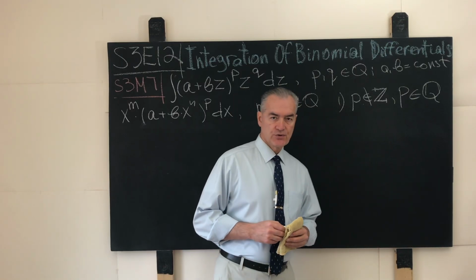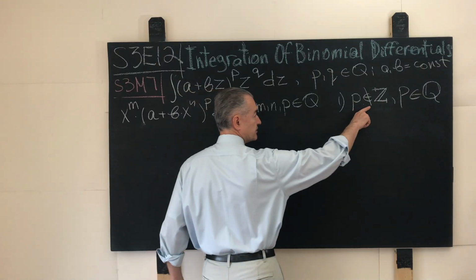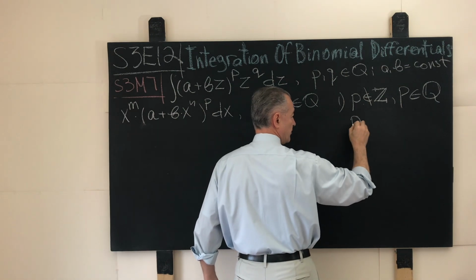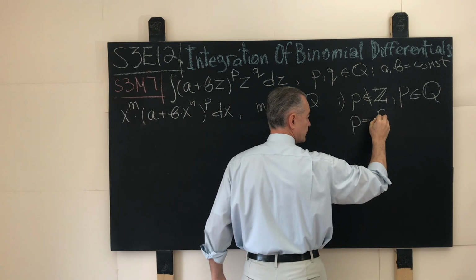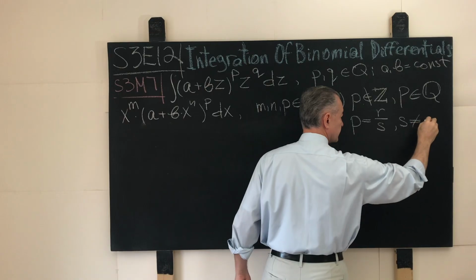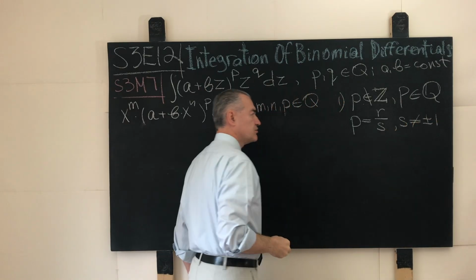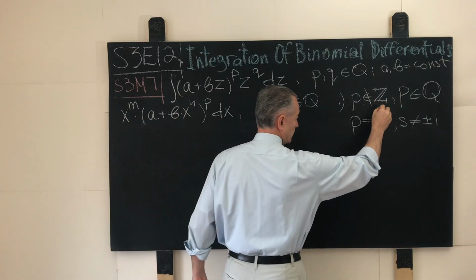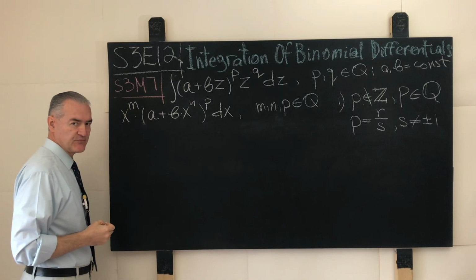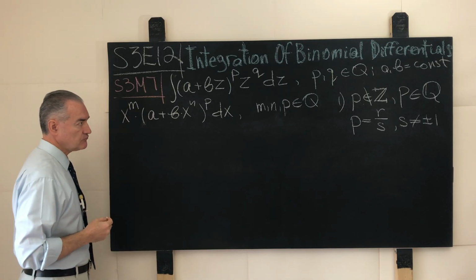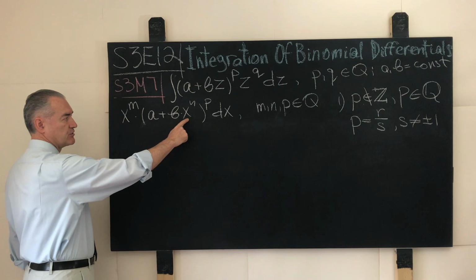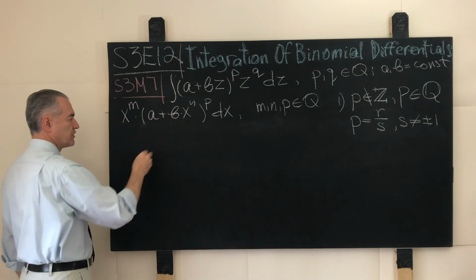In the next case that we want to analyze, the number p is not an integer but is a number that is rational. That means that in this case, p will be representable as the ratio of two whole numbers, r and s, and we will agree that s is not equal to plus minus 1. So, for example, these numbers work out in such a way that the number p is rational right away. What is the winning tactical maneuver in this case? Well, in this case, we want to get rid of this pesky character over here and